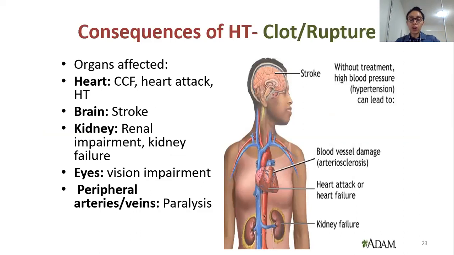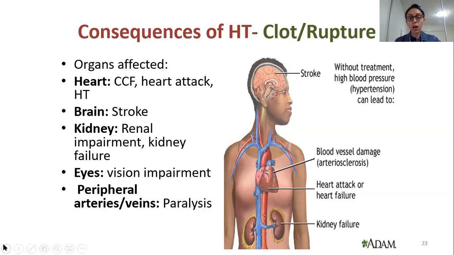All right, so this is just an FYI, as I showed you in the atherosclerosis diagram, that if you have hypertension, and if you have a clot or a rupture, depending upon which part of the body it is happening in, you may have various conditions. In the heart, you may have a heart attack, or CCF, congestive cardiac failure. In the brain, stroke. In the kidney, you can have impairment, either acute or chronic. With the eyes, you can have vision impairment and those blood spots. You know how I told you about the glycosylation of blood vessels in the eyes. A similar concept applies for blood pressure.